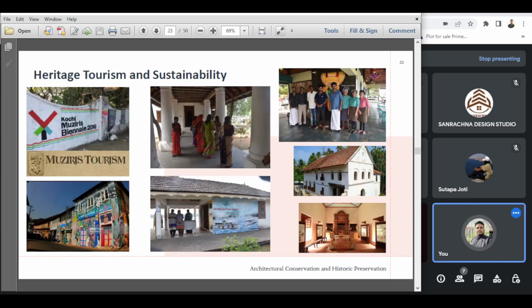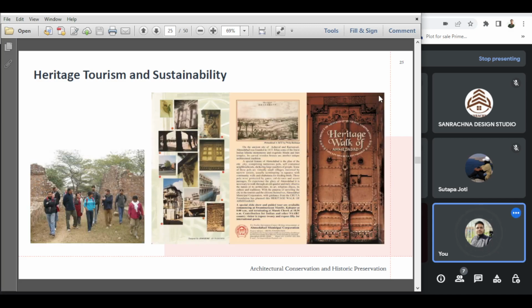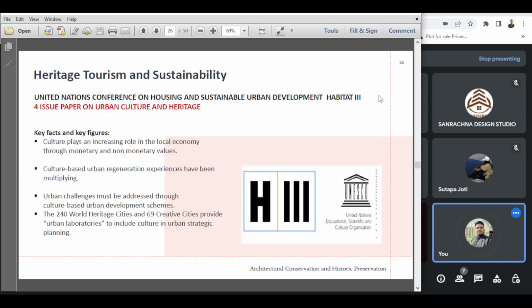Then the heritage tourism and sustainability we have discussed, how to present and interpret heritage sites. So these are the ways: in the form of information panels we can present it, in museum-type displays we can have, formalized walking tours, that are the heritage walks, lectures and guided tours, we can have webinars, seminars, and multimedia applications and websites we can use. Okay, so this is another kind of heritage interpretation and presentation in the form of heritage walk. So it is the heritage tour. Okay, so now